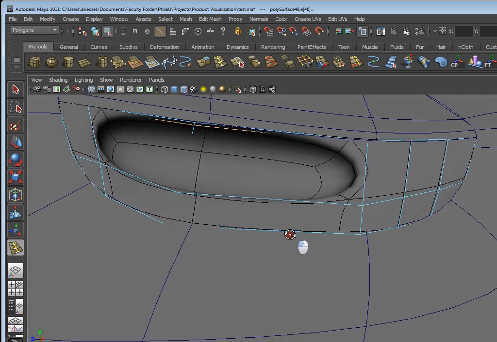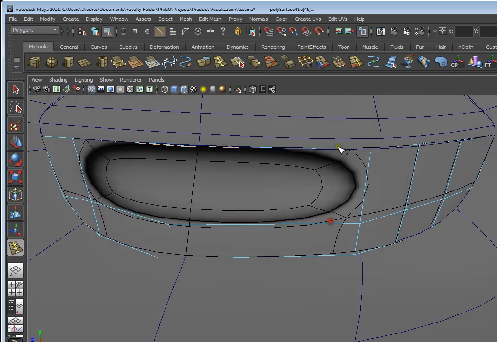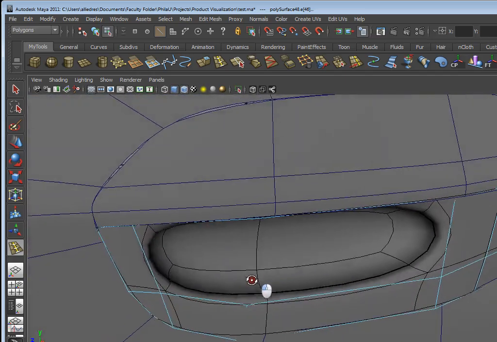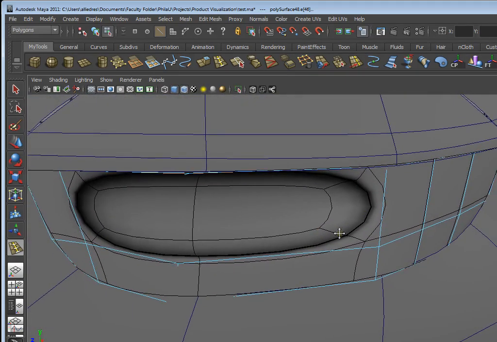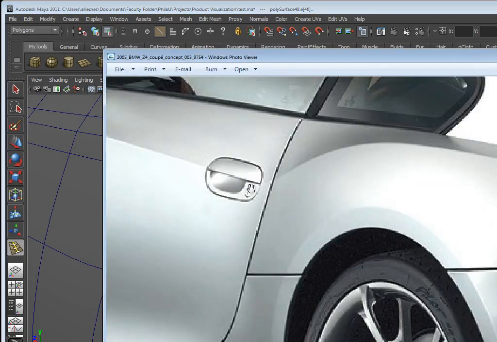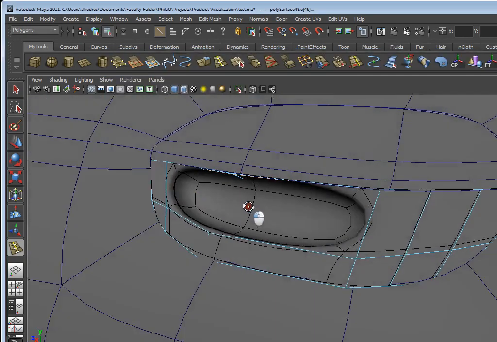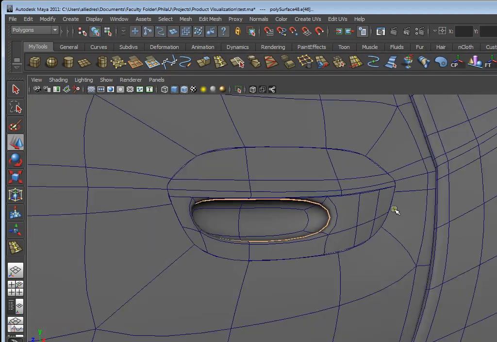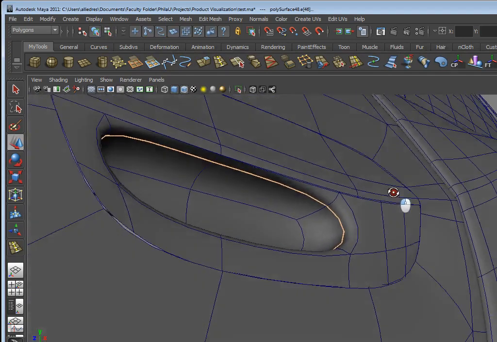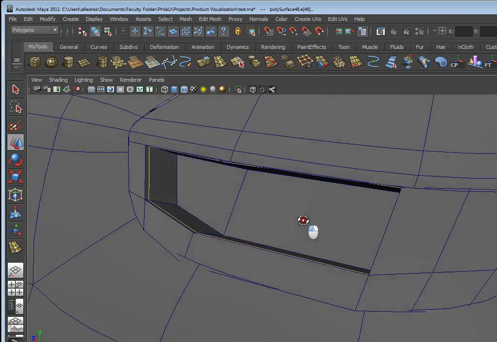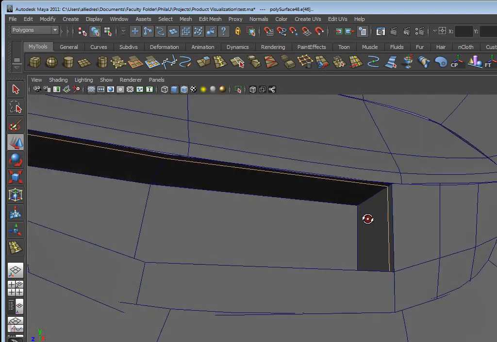And again, I'm getting a preview of what this is doing as I'm doing it. Alright, so I'm getting some nice sharpness right here, but it needs to be more straight at the edges. There's a couple ways that I can go about fixing this. Let's just go back to this. One thing that I can do